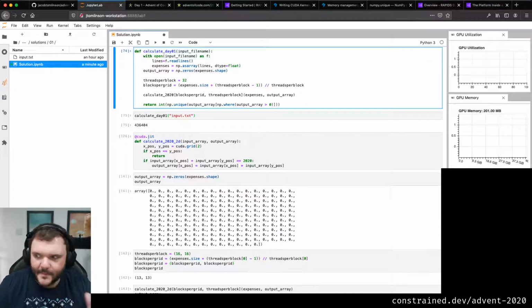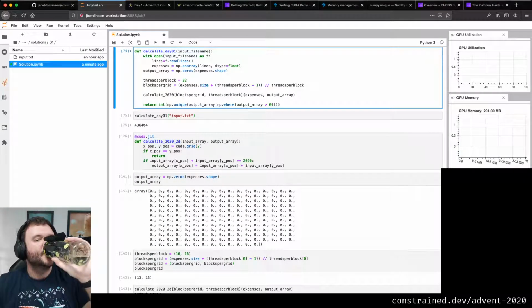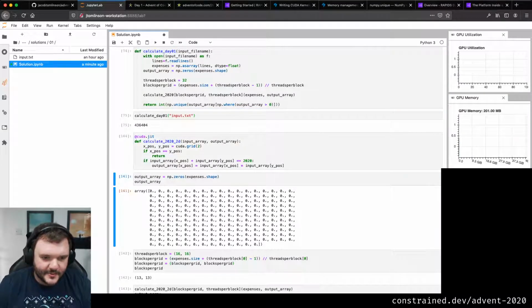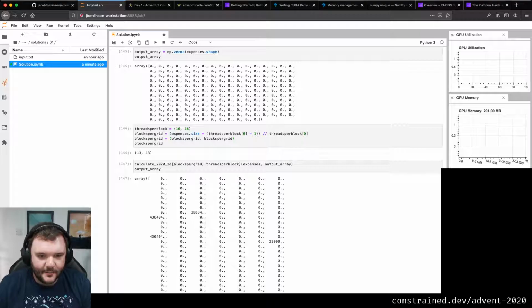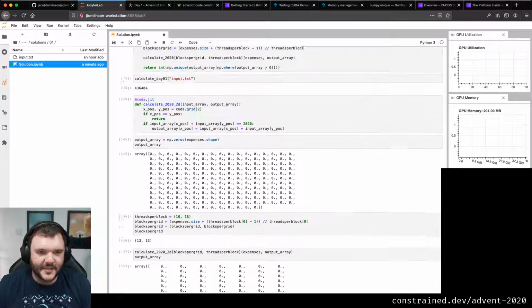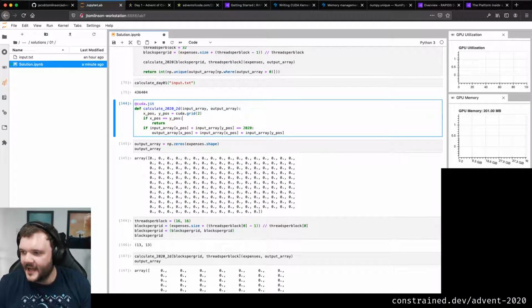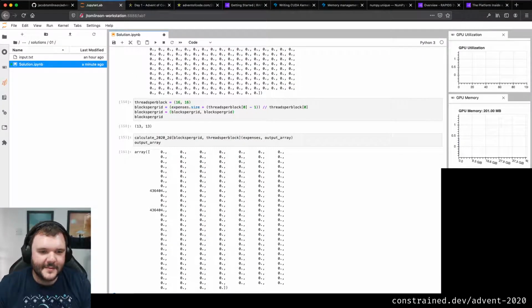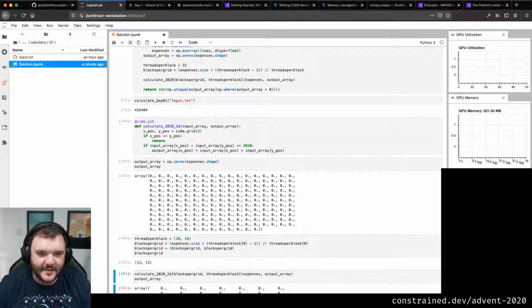I'm only checking the input array here. This is where I need to get somebody from RAPIDS that understands what's going on to come and help me. I want to try and pair program some of these in the future, so maybe I flail around less. Because this has taken way longer than I was hoping. But sometimes this is coming out with the right answer, and sometimes it is not. If input array of the X position plus input array of the Y position is 2020.